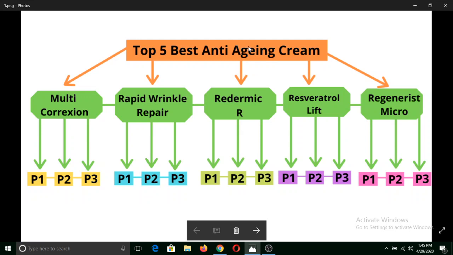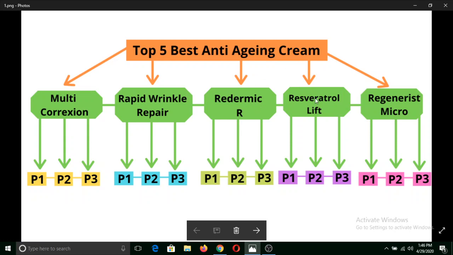Similarly, from this page to this individual product review, give one link to here and another link from here to there, and so on in P2. And similarly, from P2 give one link to P1, give one link to this main review, and give one link to this P3. And from this P3 give one link to P2 and another link to this main review.